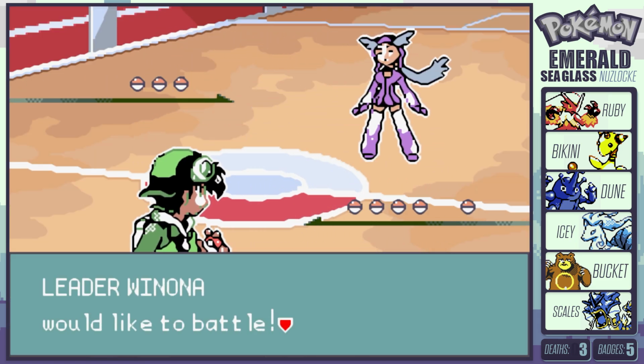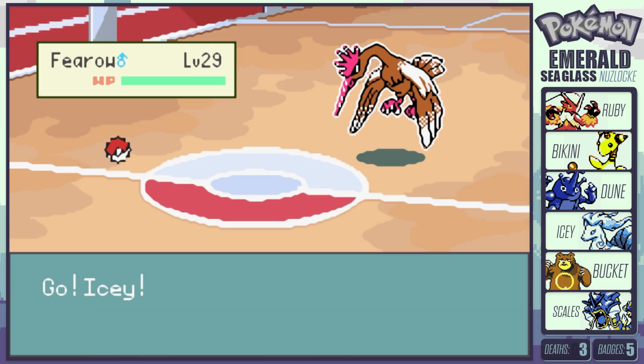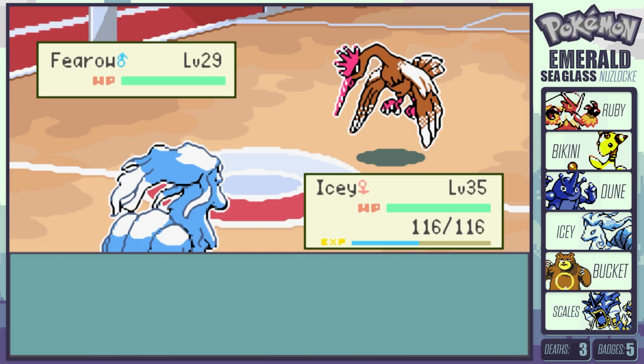Aw man, there she is in her purple outfit, leader Winona. She's got 5 Pokemon, and she's leading out with a Fearow from the Kanto region. I don't think Aurora Beam is gonna...